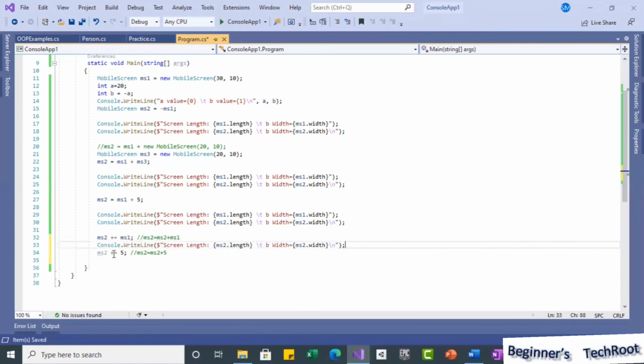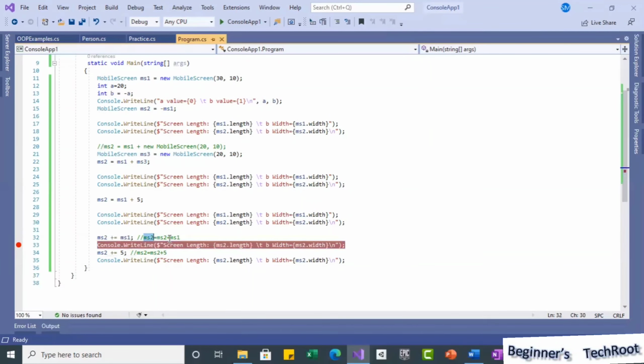And even in this case, ms2 length and width. So now what happens? We will see. I hope there is no need to go with debugging; I hope you can easily understand as we debugged earlier. Automatically, based on the operator implementation and the way you are calling, it decides.